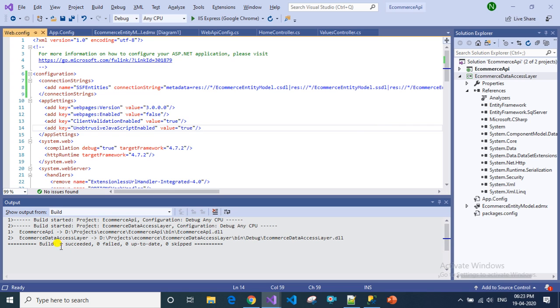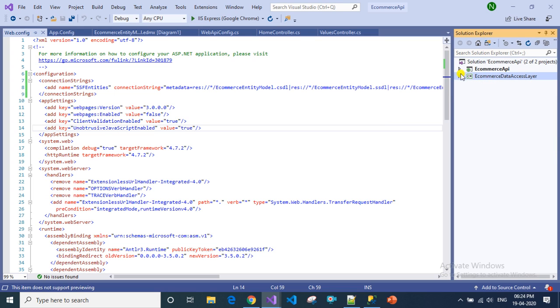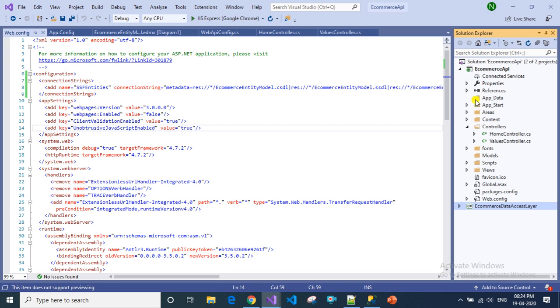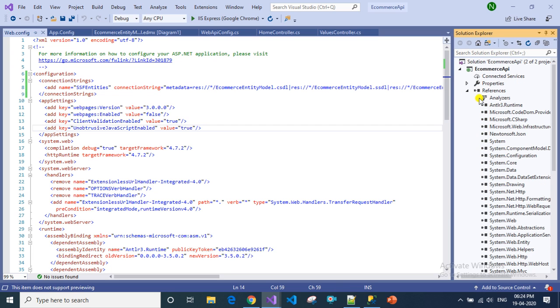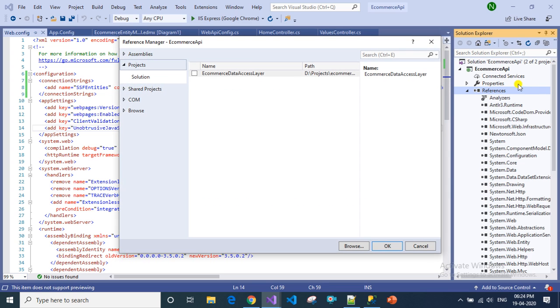You can see here the build is successful, and after this we have to add the reference of e-commerce data access layer to the e-commerce API. You have to click add reference, and in the projects folder you have to select e-commerce data access layer.